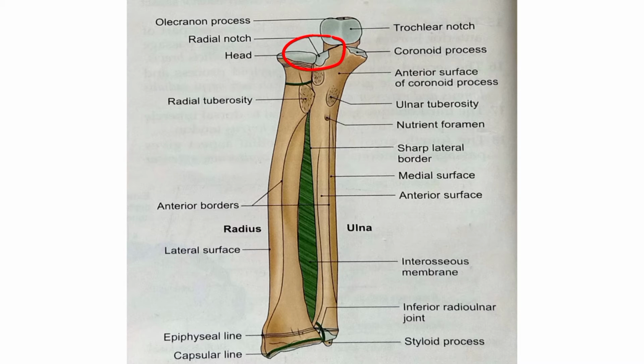Now, on the lower part of the lateral surface of the ulna, the lower part forms a depressed area to accommodate the radial tuberosity. It is limited behind by a ridge called supinator crest. So just below we have radial tuberosity. Alright. As you can see here, medial surface. Medial surface is continuous with the medial surface of the shaft.